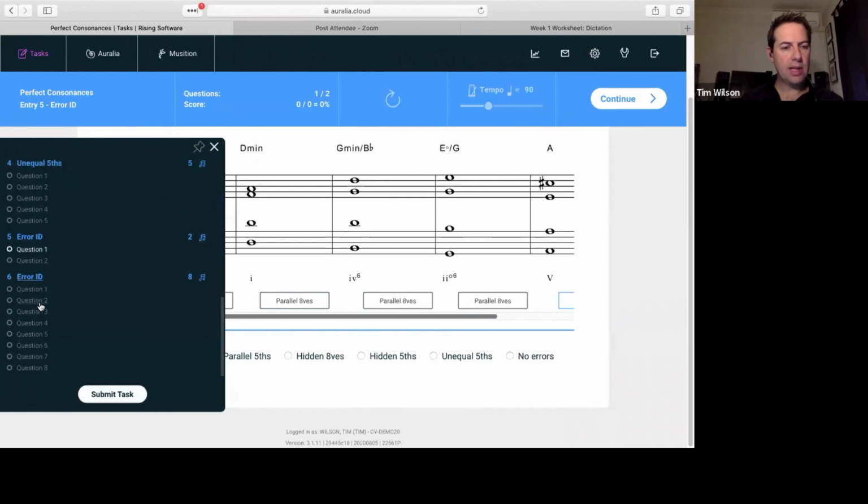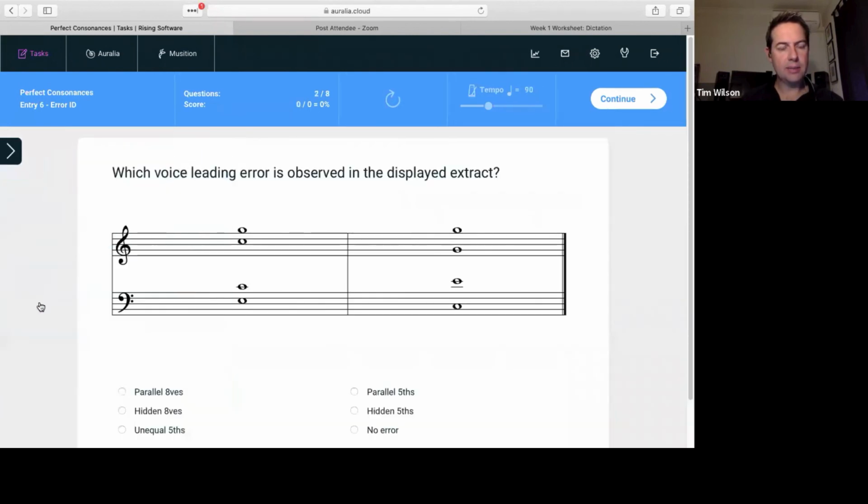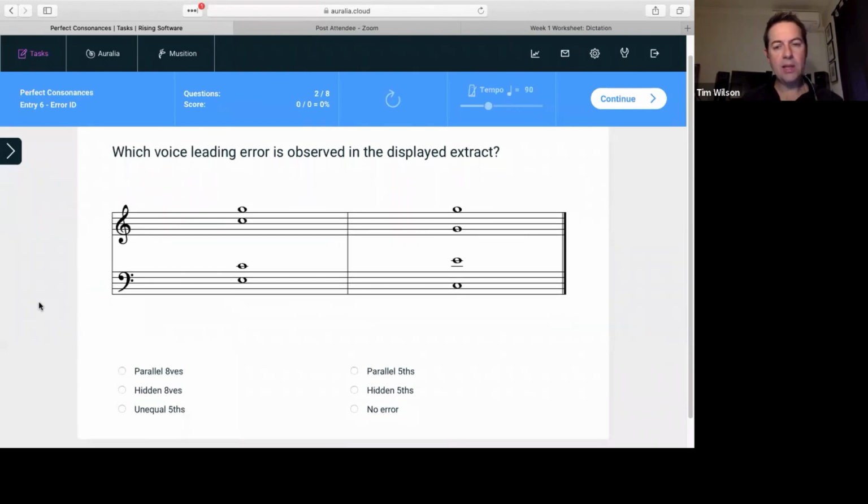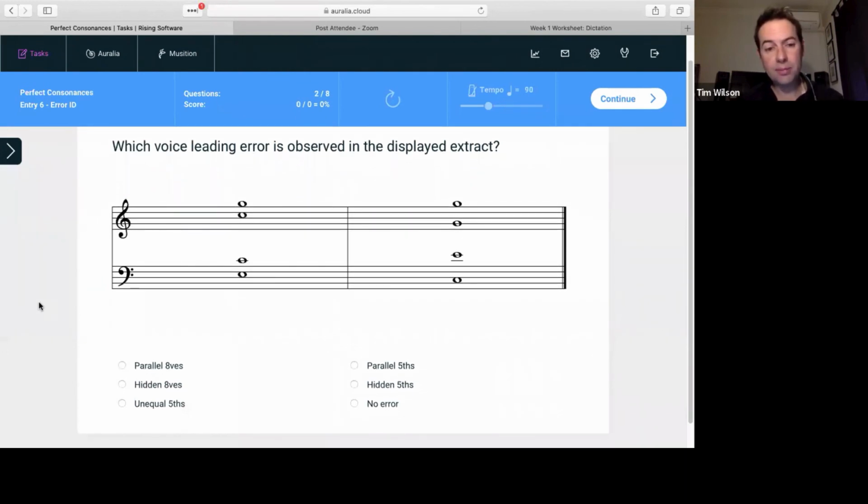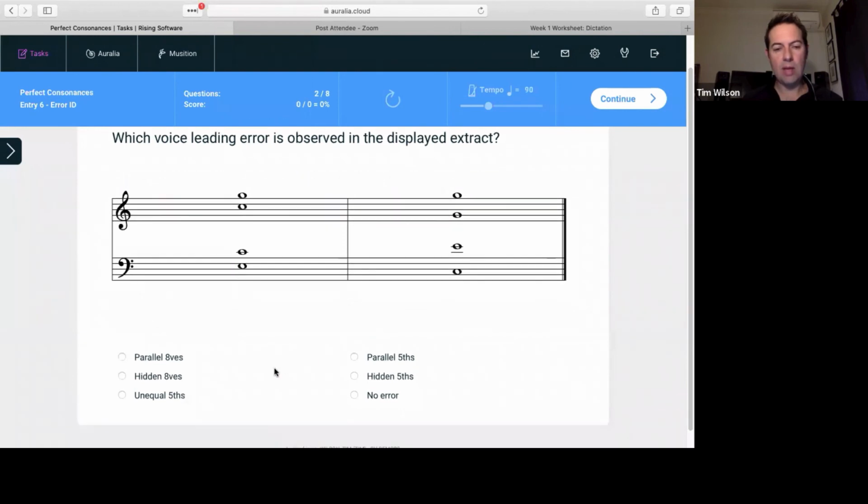Okay, so in addition to that, some other error ID questions here, again just dealing initially with shorter excerpts. So here the student is just identifying which voice leading error is observed in the displayed extract. Multiple choice here, and as they work their way through the various questions, the variety of answer options available will also change or step up in difficulty as different concepts are